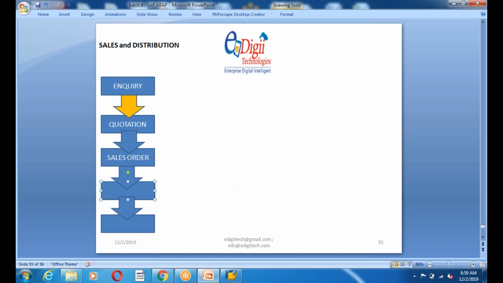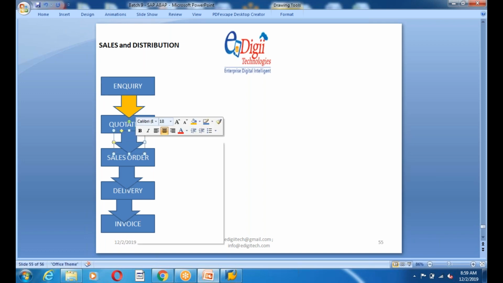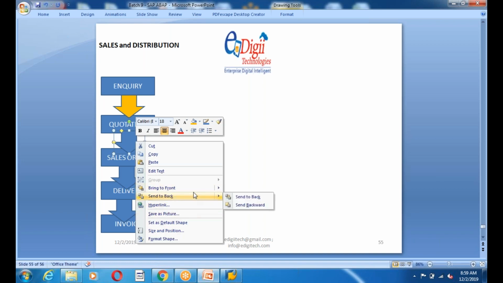So first, maybe my process will be delivery. They will deliver the product. I'm talking about big companies. Then they are going to collect the money from the dealers, guys. So always the standard business process will be like this: sales starts with inquiry and quotation. Once you see the quotations, based on the best discount, best offers or best quality, you choose where you are going to buy the product.